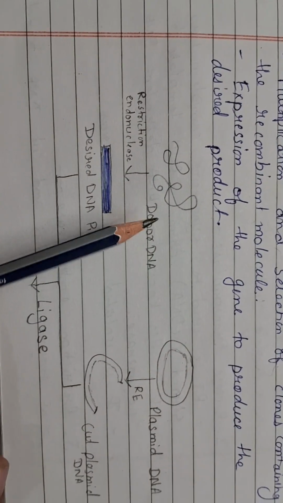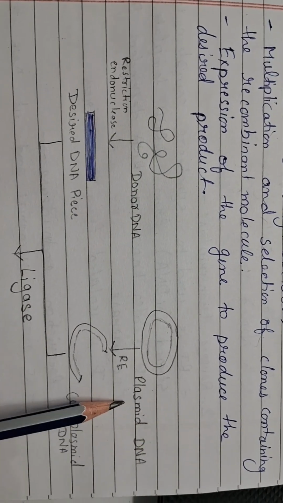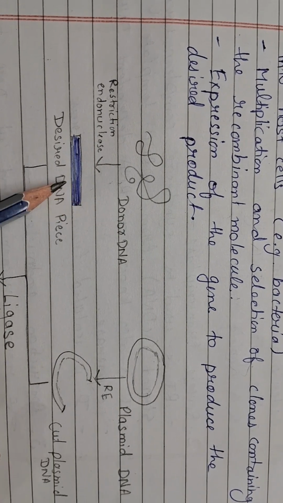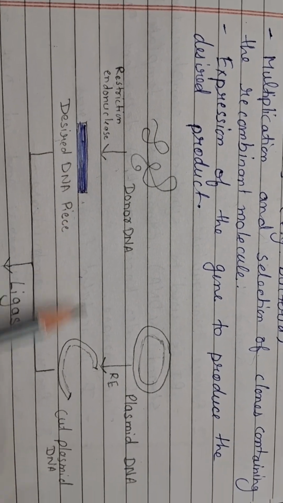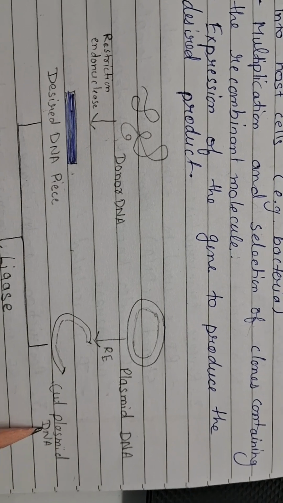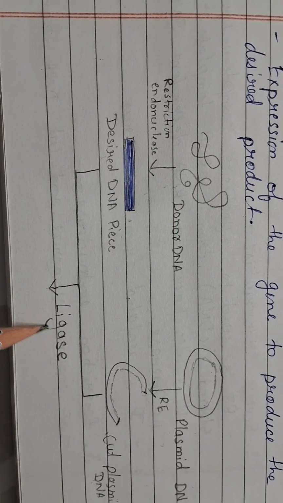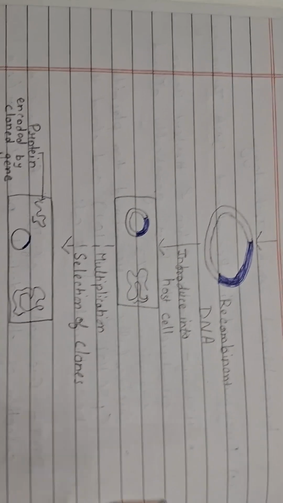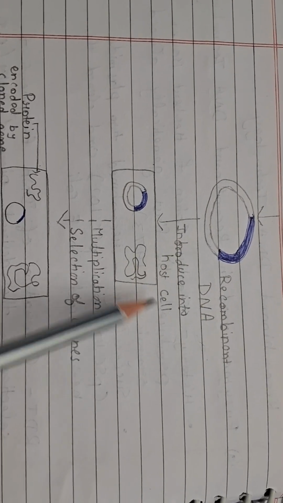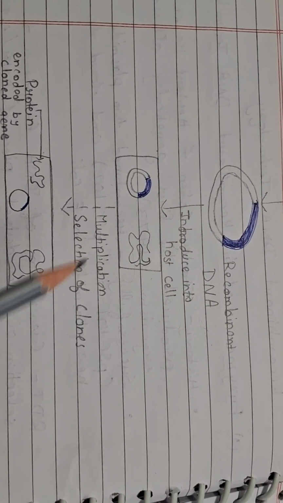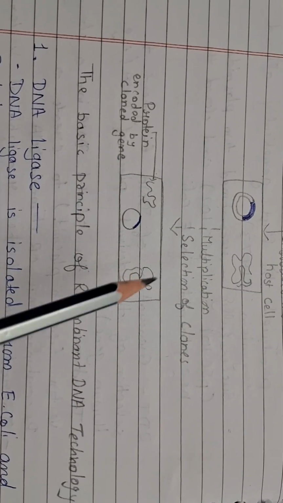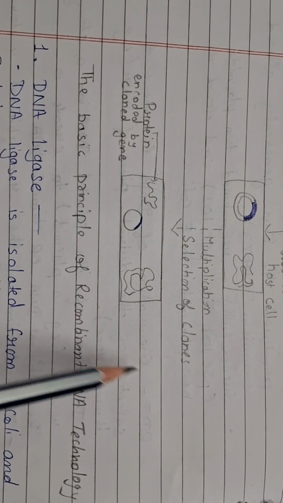So basically here is our donor DNA and this is our plasmid DNA. We can use restriction endonuclease to cut them, so we get the desired DNA piece and the desired plasmid DNA. We then ligate them and form a recombinant DNA. Then we introduce it into the host cell, E. coli. Then further, multiplication and selection of the clones. Then these are our recombinant DNA